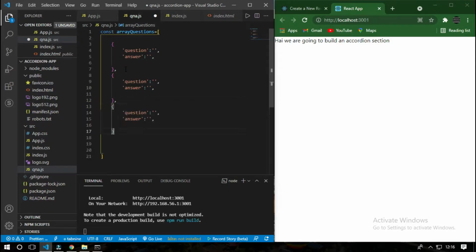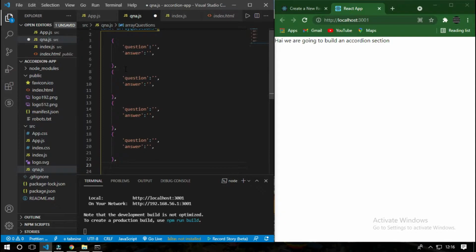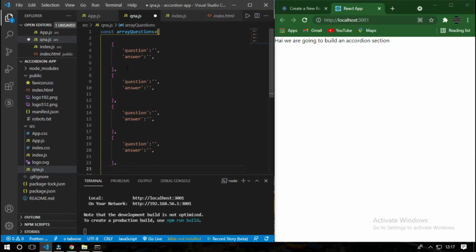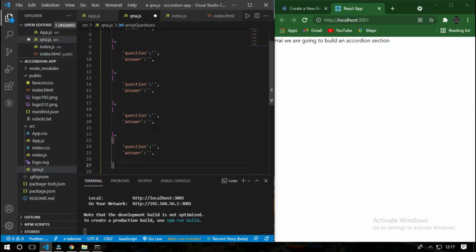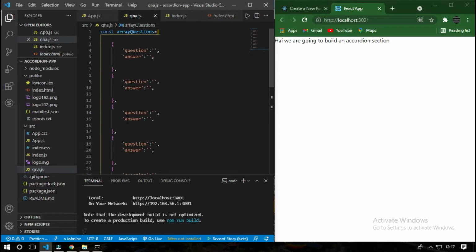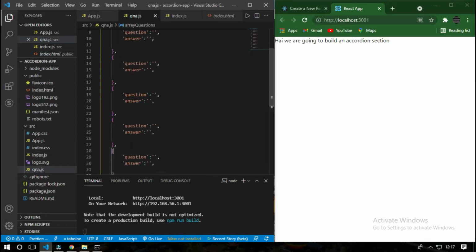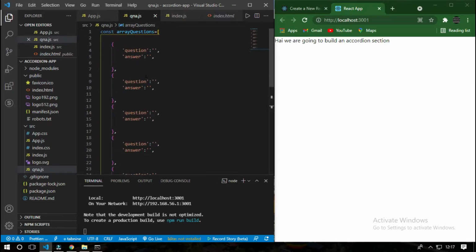I'll just create some 6 questions so that it will look better. I mean, not easier for me, it will be attractive. So 1 or 2 questions doesn't look great. So I have 1, 2, 3, 4 and 5, and the last object in the array is 6. The question that I'm going to put here is,